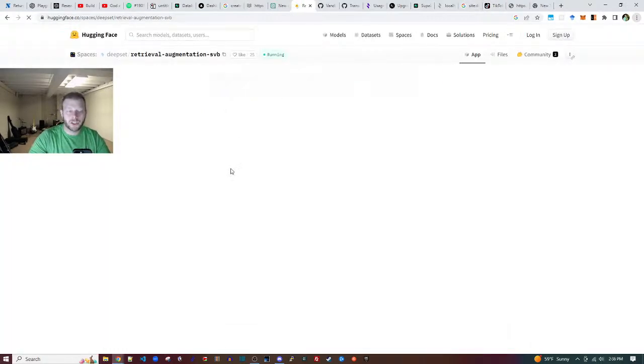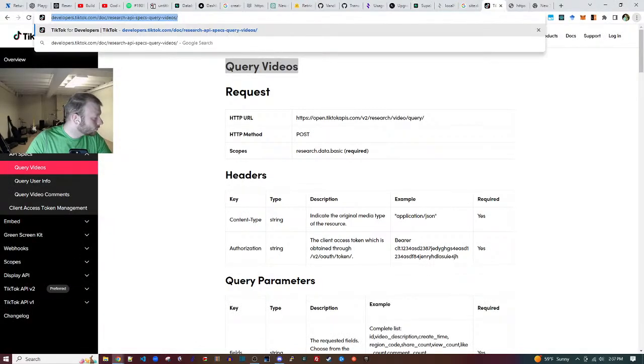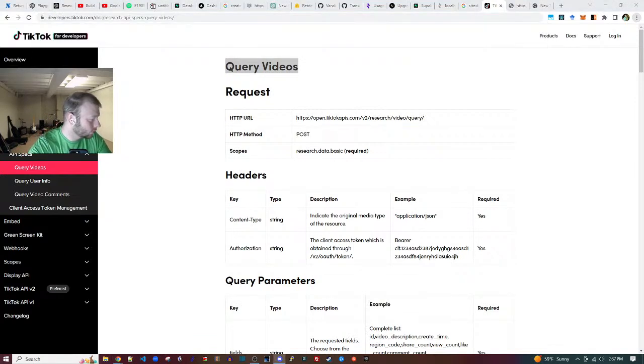I can use the retrieval augmented GPT. Cool.